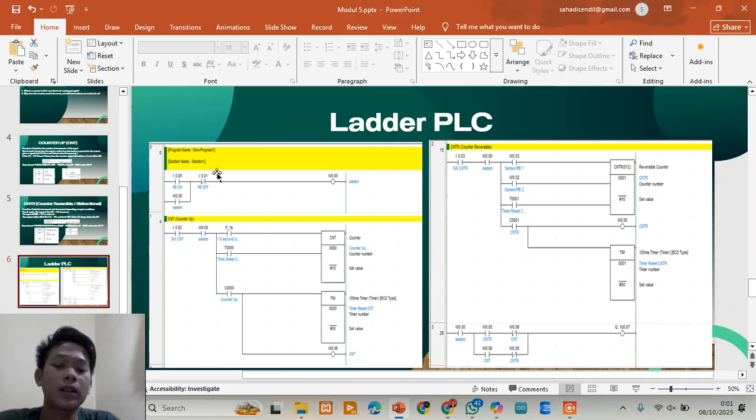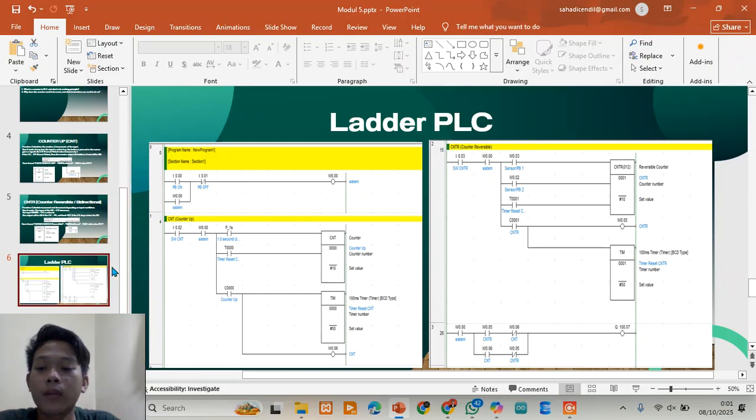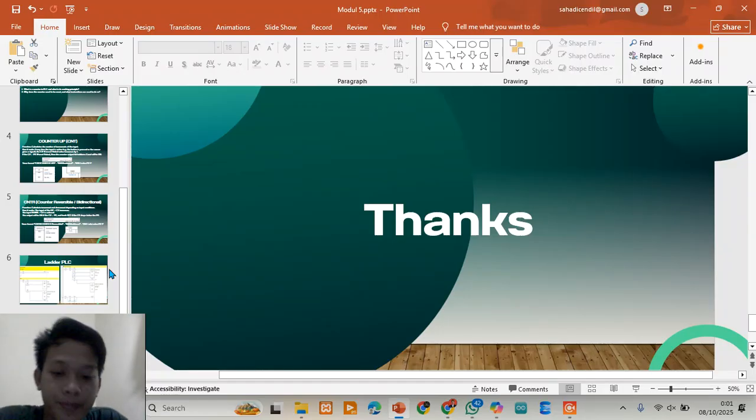In conclusion, in this presentation: the CNT instruction counts only one direction and is ideal for one-direction counting tasks, and the CNTR instruction can count both up and down, perfect for a reversible or cycle system.